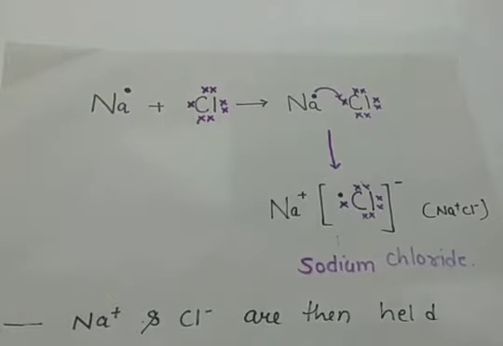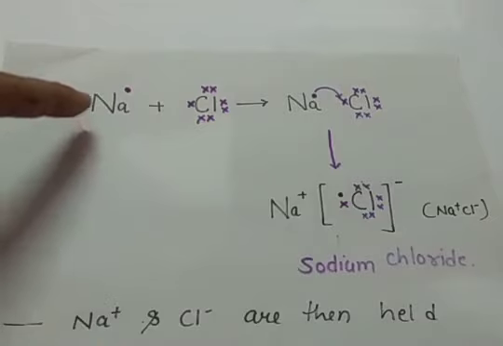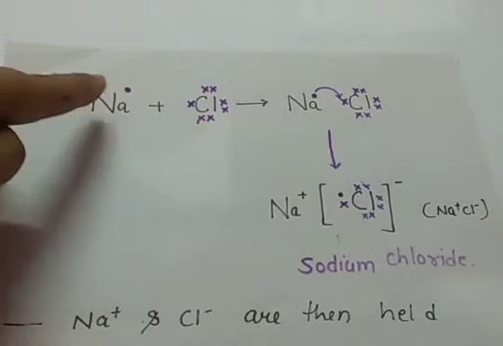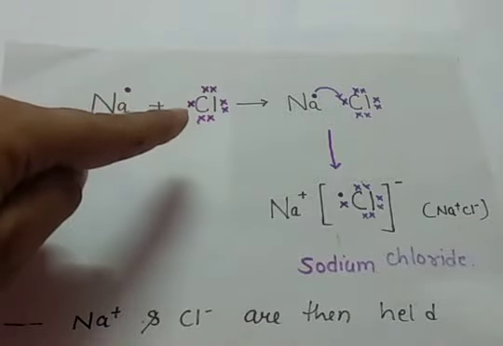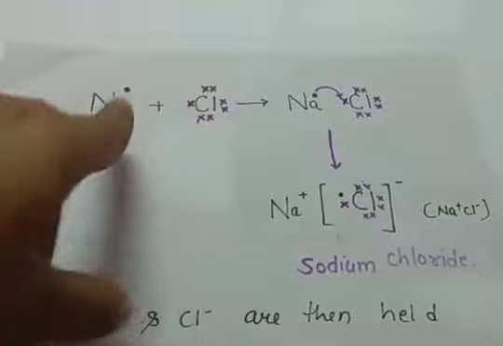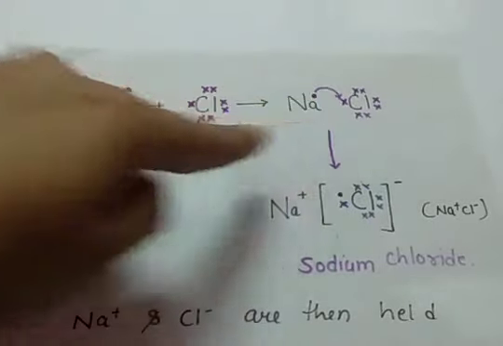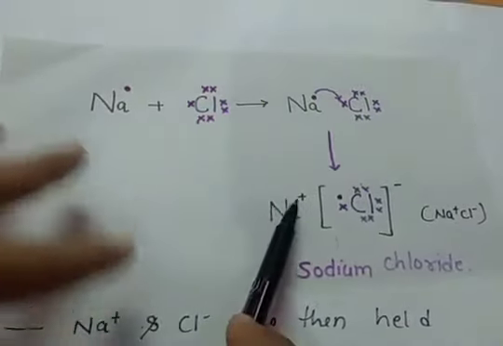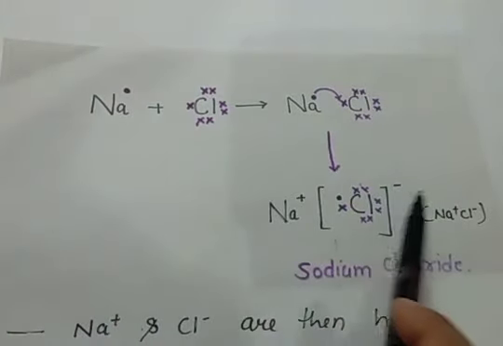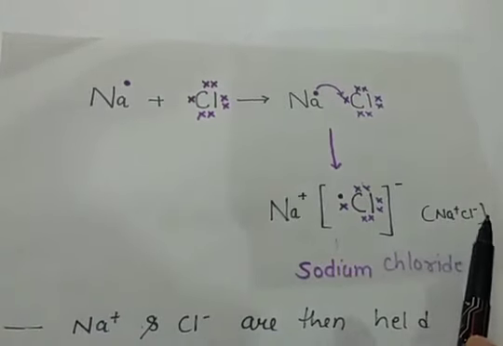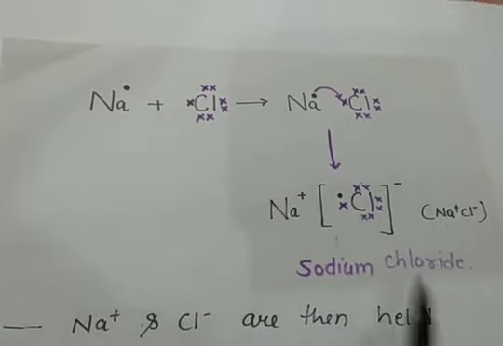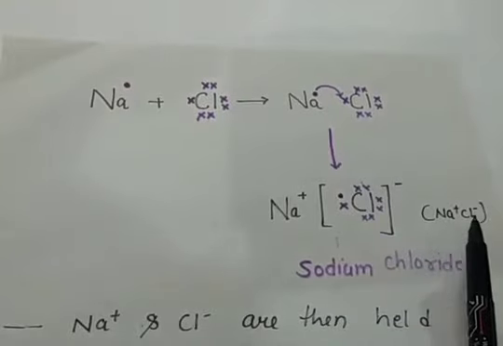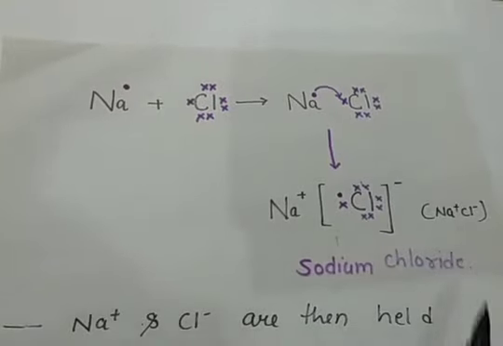Now let us see it with the help of the electron dot structure. We have sodium, which has 1 electron, shown by the dot here, and chlorine has 7 electrons in the outermost shell, shown by the cross marks. Here sodium gives its 1 electron, and hence sodium gains a 1 plus charge and Cl gains a 1 negative charge. Hence Na plus and Cl negative ions are formed. Because of the Coulombic attraction between these two charges, they combine together to form a stable compound.